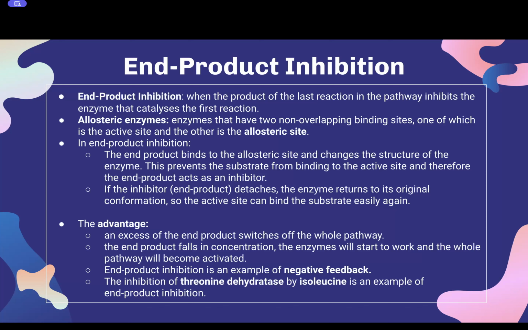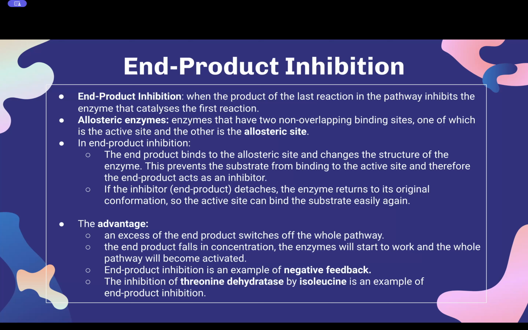So the advantage of end product inhibition is that when there is an excess of the end product, it will eventually lead to an inhibition of the first enzyme, which will basically stop the entire metabolic pathway until all the end product is used up, and then it detaches, and then the metabolic pathway can start again. So this basically allows your body to control how much of the end product there is. This is really helpful in